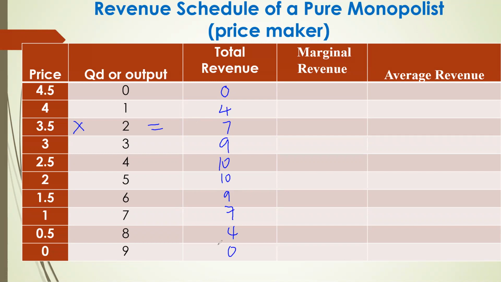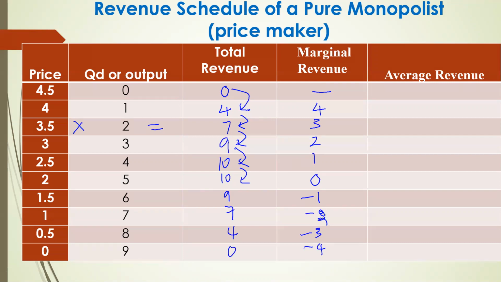So if you look at marginal revenue, I have to look at extra revenue. How much total revenue is increasing every time? The increase is 4 here. By producing second unit, increase is 3. Producing third unit, increase is 2. Producing fourth unit, increase is 1. If you produce fourth unit, there is no increment. Anything beyond fourth unit, it's actually getting into negative. This is negative 1, negative 2. Negative 3 and comes negative 4. So extra revenue actually going into negative.